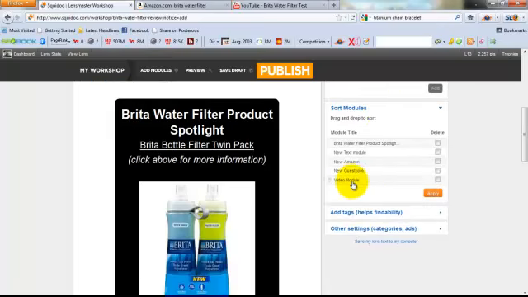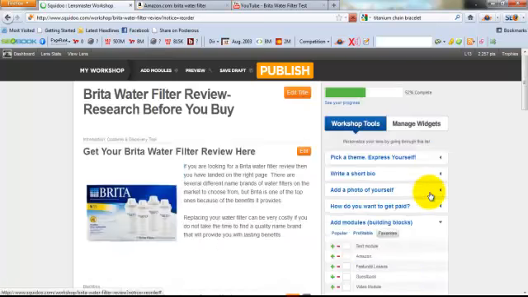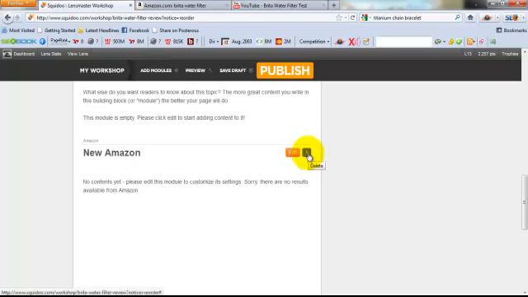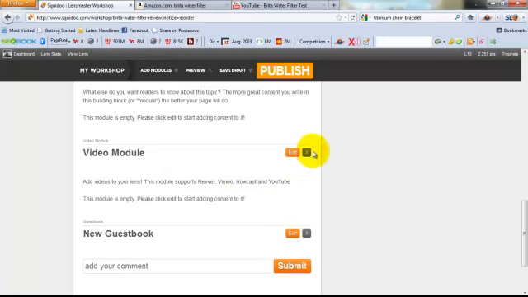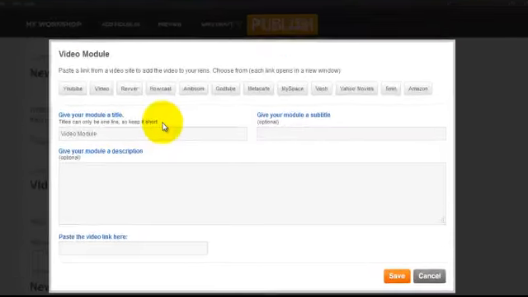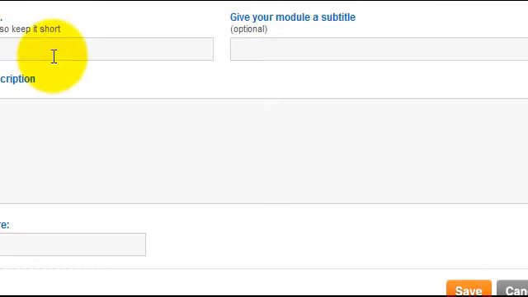So now I have a video module here. I will probably put that somewhere right here and apply. Alright, so I'm going to take this Amazon module out. I'm not going to use it. So that's all you have to do to delete that. You just click on the X, and confirm. So to insert this video into here, I'll put in a title, which will be Brita